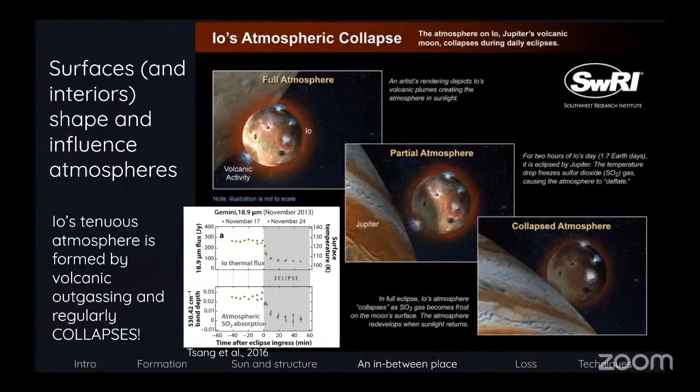Okay, this is one more very cool example of atmospheres and surfaces interacting. This is on Io, which is a moon of Jupiter. So Io has a very thin atmosphere, like I mentioned at the beginning, primarily formed by volcanism because Io is the closest moon to Jupiter. It's very volcanically active because of all the tidal stresses it's under. So it doesn't have a lot in the atmosphere, but what little it does will be outgassed when volcanoes are going off.